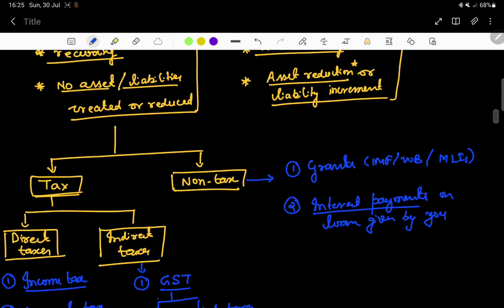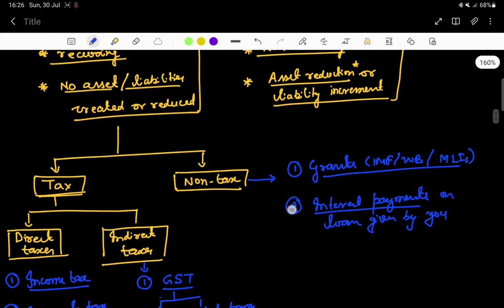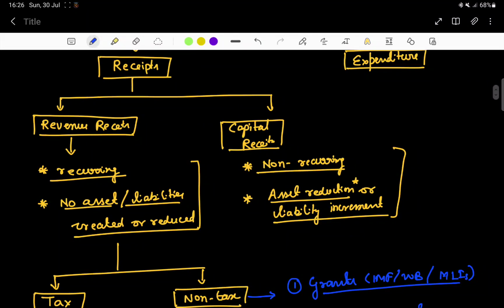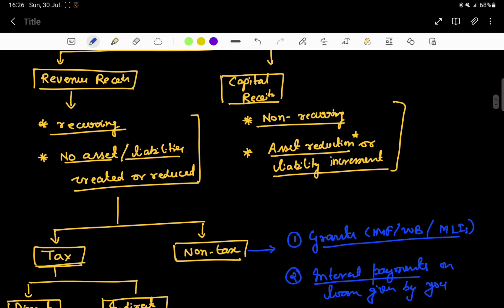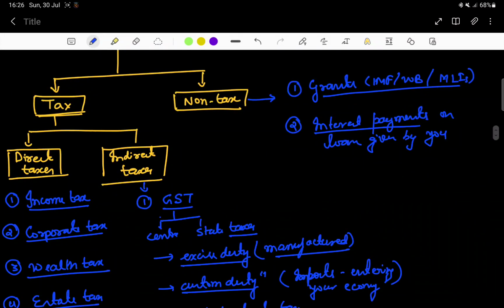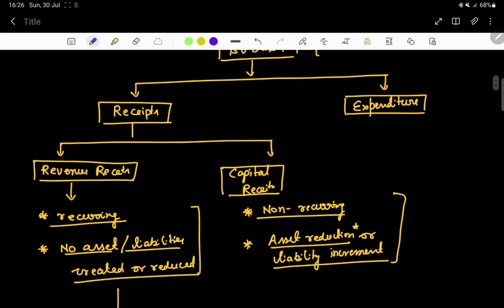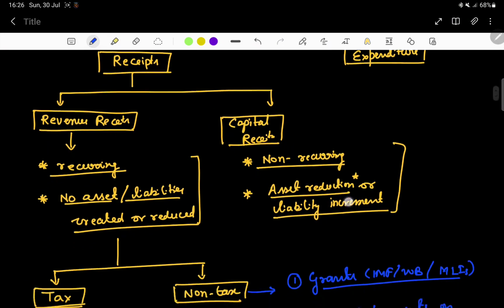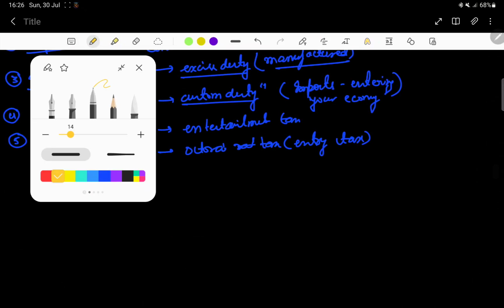So broadly these two we consider as non-tax, and this is how we are able to conclude what the direct taxes, indirect taxes and non-tax receipts, the revenue receipts that the government gets, are. So we have looked into direct taxes, indirect taxes, and non-taxes, and these are just the receipt side. Now we have to look into the capital receipts. Now we will be looking into the capital receipts.